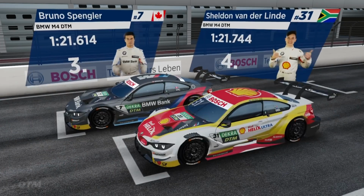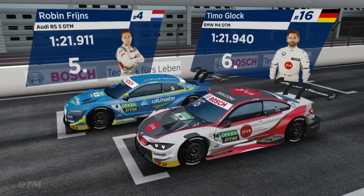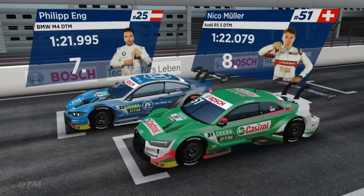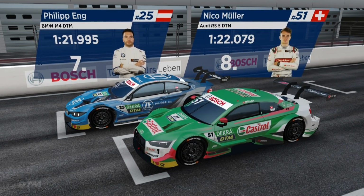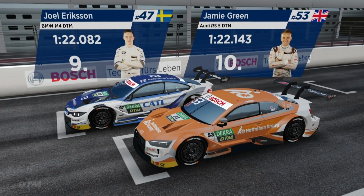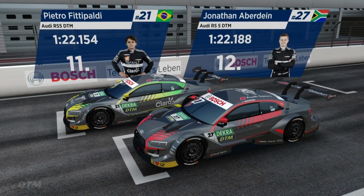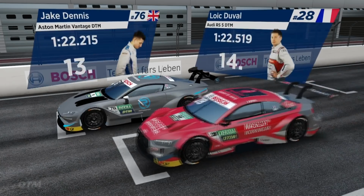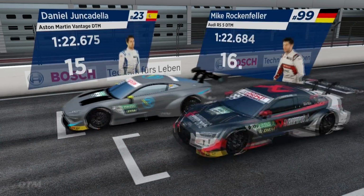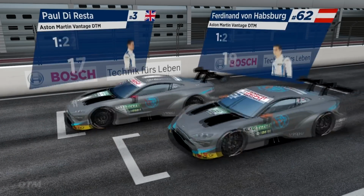René Rast alongside him. Bruno Spengler and Sheldon van der Linde are on the second row of the grid, P3 and P4, ahead of Robin Frijns and Timo Glock going from P5 and P6. Philipp Eng and Nico Müller, P7 and P8. And then on to the fifth row of the grid, we find Joel Eriksson and Jamie Green. Pietro Fittipaldi and Jonathan Aberdein, P11 and P12. Then it's Jake Dennis with the best of the Aston Martins, with Loïc Duval on the seventh row of the grid. They share P13 and P14, and Daniel Juncadella and Mike Rockenfeller, P15 and P16, ahead of Paul di Resta and Ferdinand Habsburg,